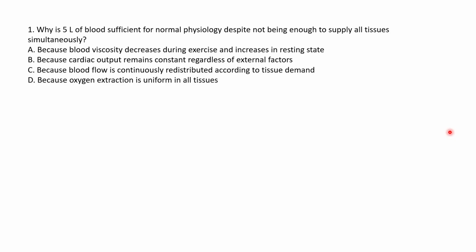And lastly, because oxygen extraction is uniform in all tissues, that is irrelevant because even if it was, which I don't think it is, blood needs to be there at the tissue at all times for this point to be valid. So the actual answer is C, because blood flow is continuously redistributed in the body according to tissue